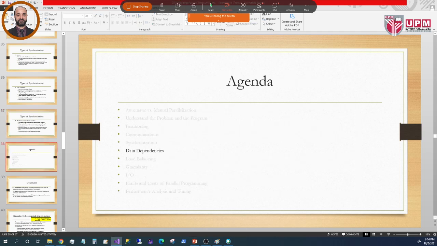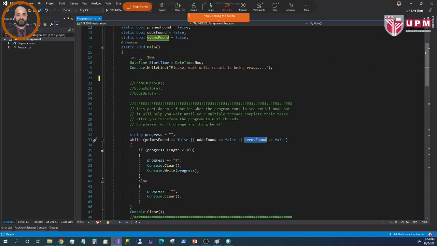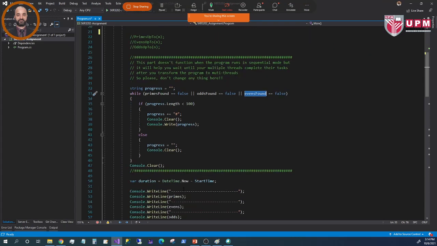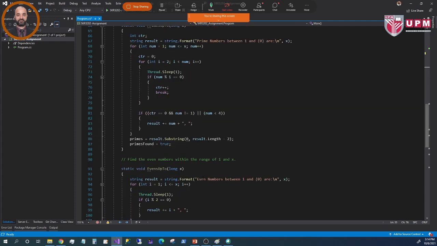In C sharp, actually, if for example you want to make a loop, so here,